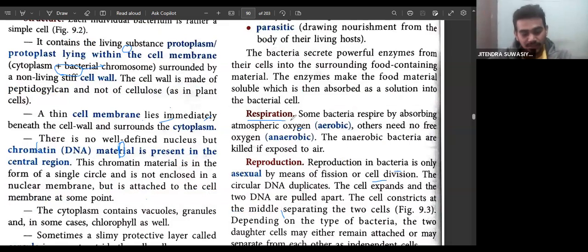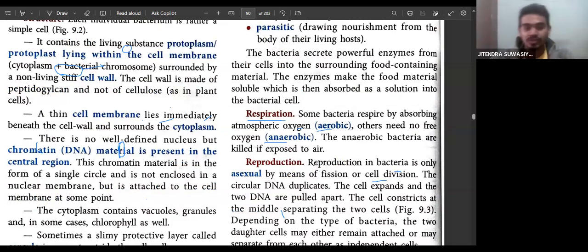So respiration. What is respiration generally? Some bacteria respire by absorbing atmospheric oxygen, that is aerobic. Others need no free oxygen, that is anaerobic. The anaerobic bacteria are killed if exposed to air. So respiration is generally